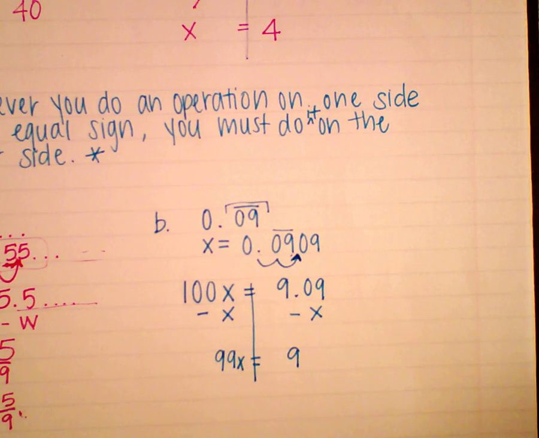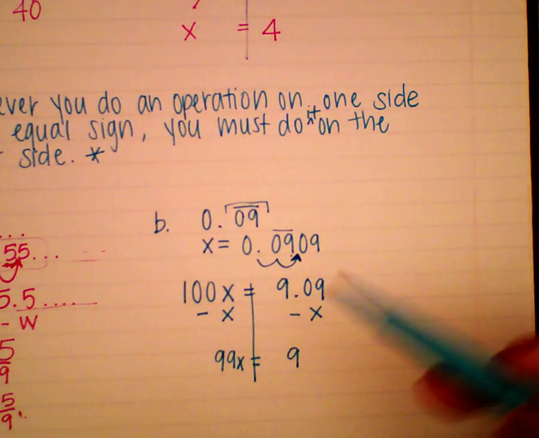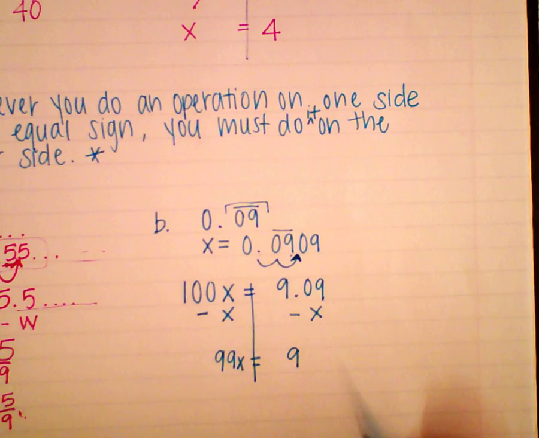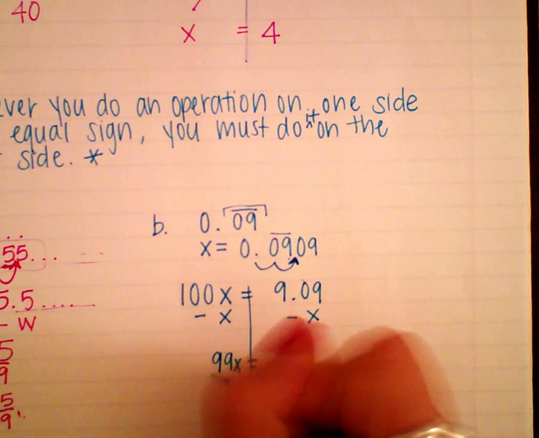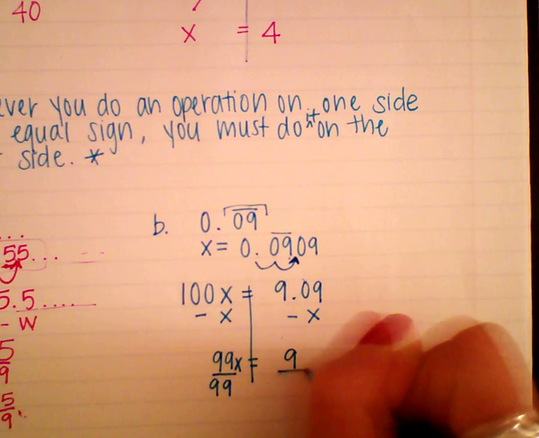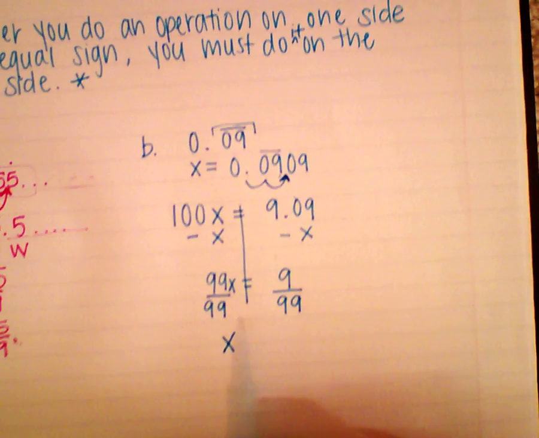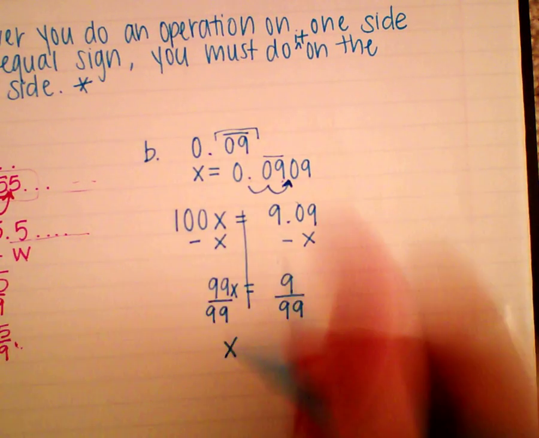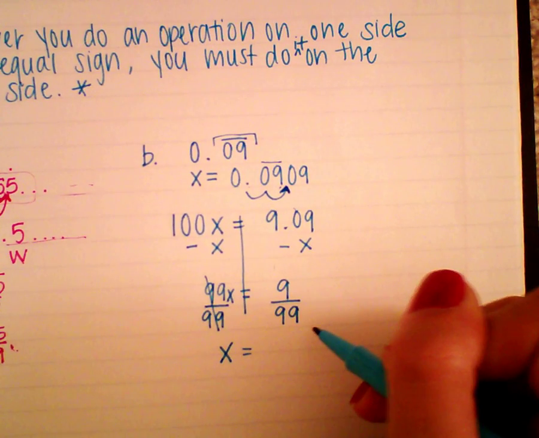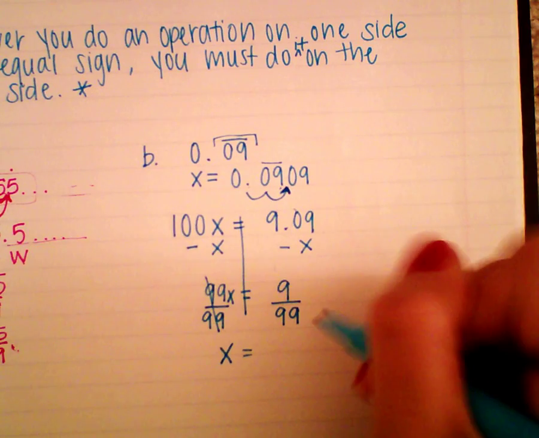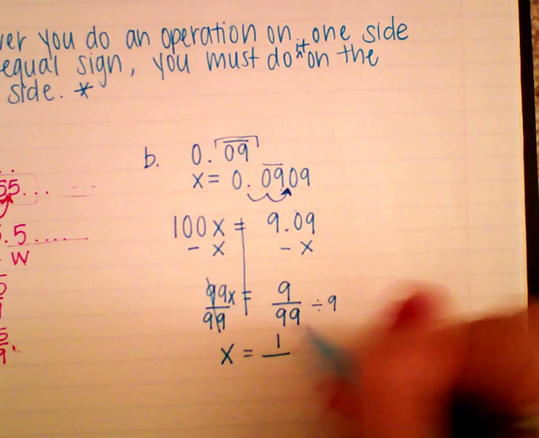So did I accomplish my task of getting rid of all the decimal junk? Yes, I did. Hi, Chair. So now I have a one-step equation. I'm going to divide both sides by 99 so that I can get x by itself. 99 divided by 99, that's just 1x. 9 over 99, can I simplify that? Very good, both of them divide by 9. 9 divided by 9 is 1. 99 divided by 9 is